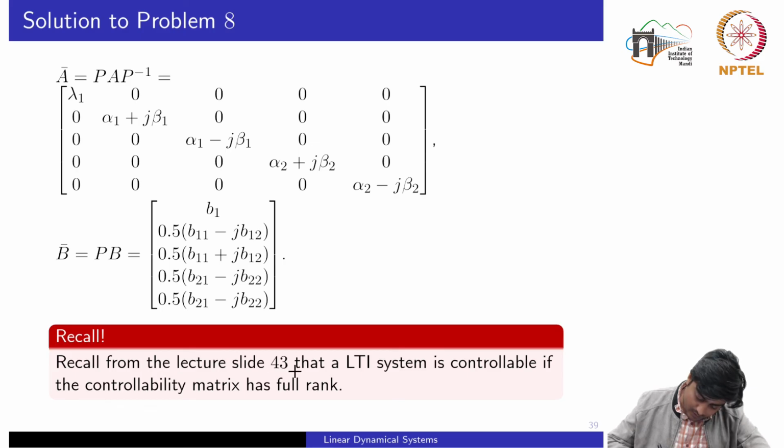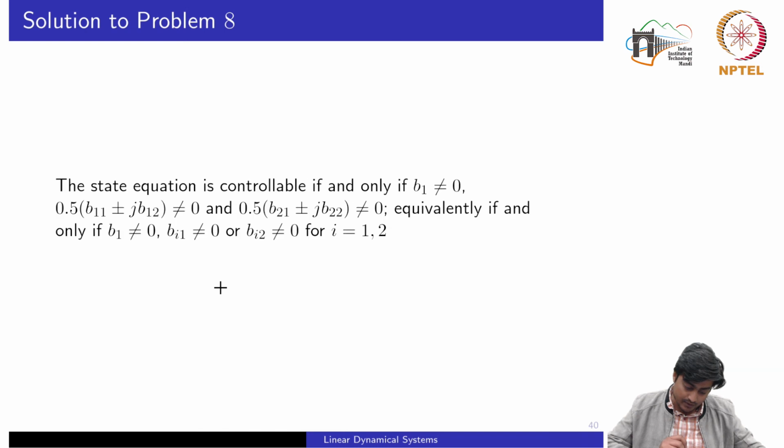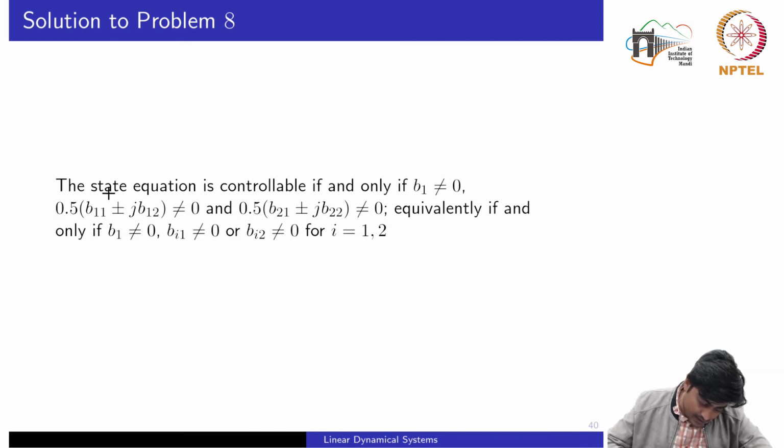Now recall from lecture slide number 43 that the LTI system is controllable if and only if the controllability matrix has full rank. So now on this A bar and B bar, we can apply the controllability test, that is the rank test, and from there we would obtain the conditions on the elements of the B matrix. You would notice the state equation is controllable if and only if B1 is not equal to 0 and these two parts are also not equal to 0,